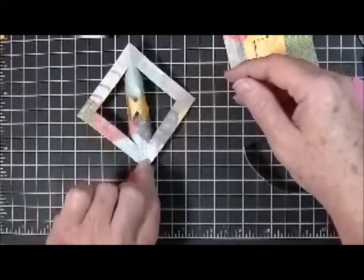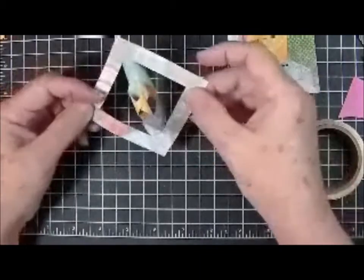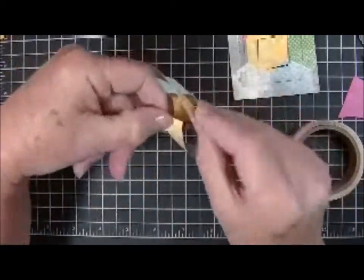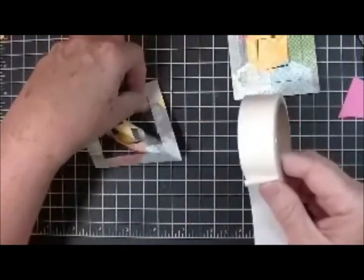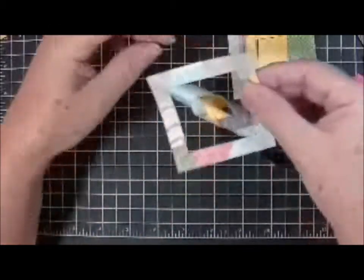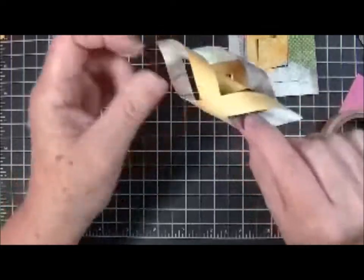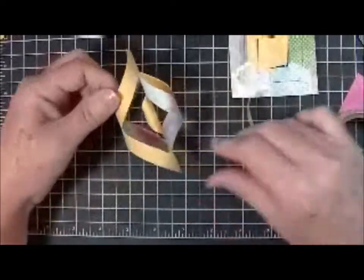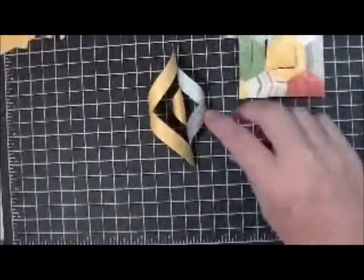Turn your project back to the beginning. And now we're going to take these two opposite corners. We're going to fold them. Apply my glue dot. Make sure those are stuck really well. And there's my first piece. Remember, this was a 3-inch square, and